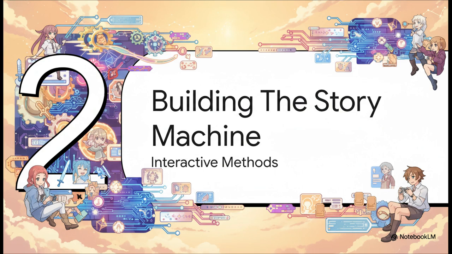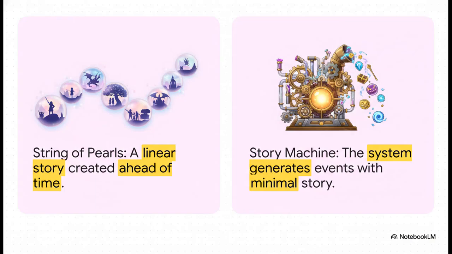All right, so you've got these two different kinds of narrative, embedded and emergent. How do designers actually combine them to build a game that makes sense? Well, let's look at the methods they use to build that story machine. You can think of it as a spectrum. On one extreme, you have the string of pearls approach. This is super linear. You've got these fixed story moments, the pearls, and they're linked together by sections of gameplay. At the other extreme is the pure story machine, where the game systems are just generating interesting events, with almost no pre-written plot at all.